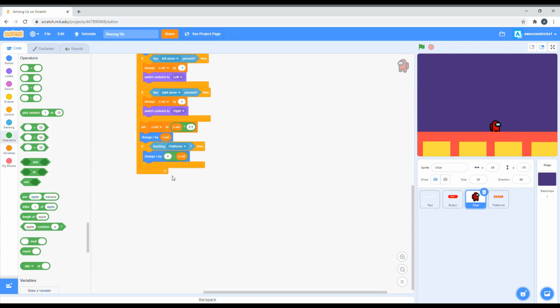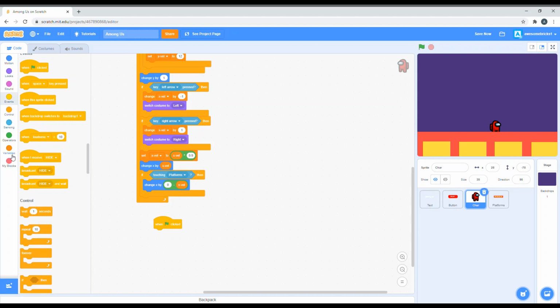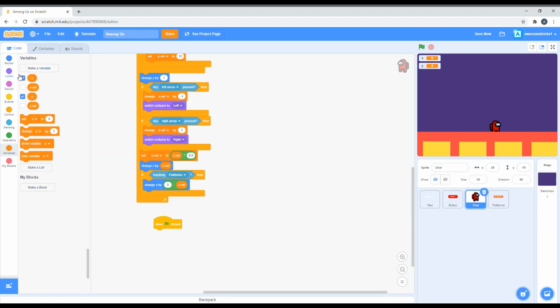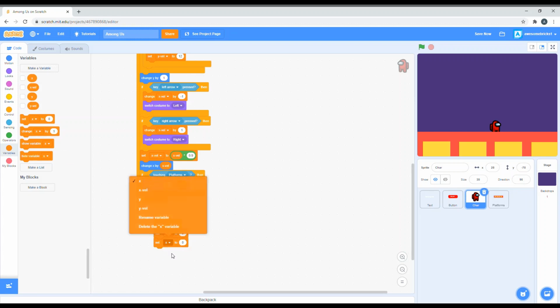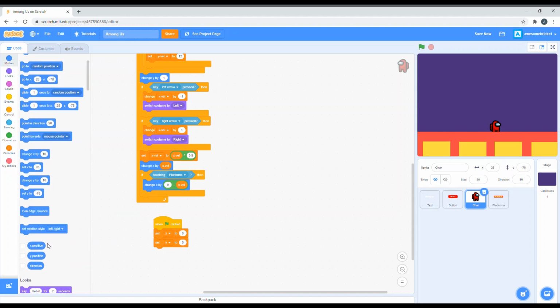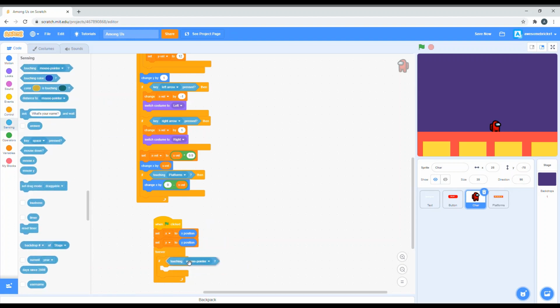Now we just have one last thing before we finish this platforming script. So let's get one click. We're gonna make two more variables, x for all sprites and y for all sprites, and let's make these both hide, set x2, set y2 to x position. So this is also collision code, by the way. So forever, if touching platforms, then we want to go to